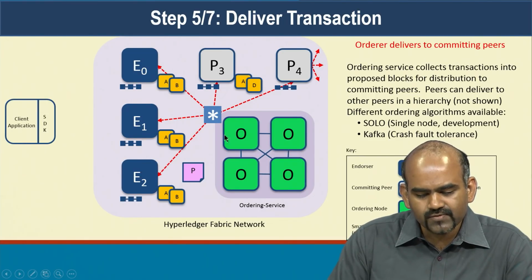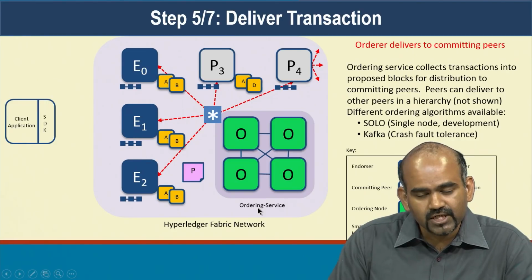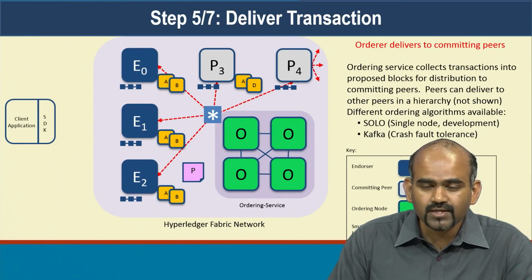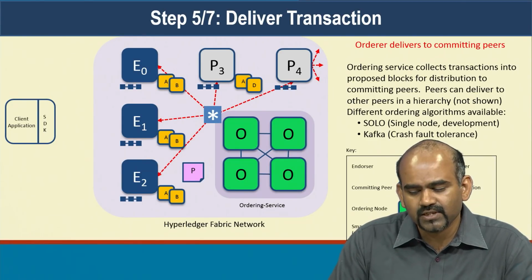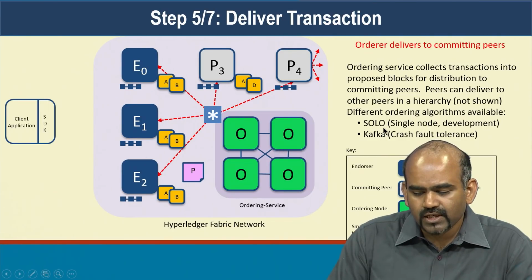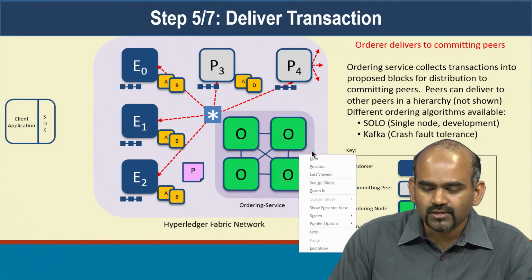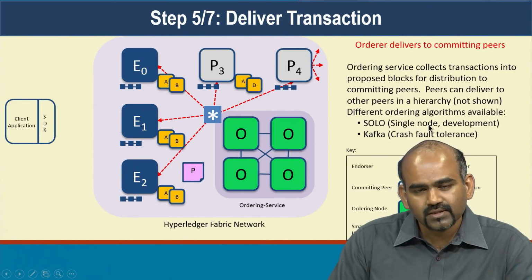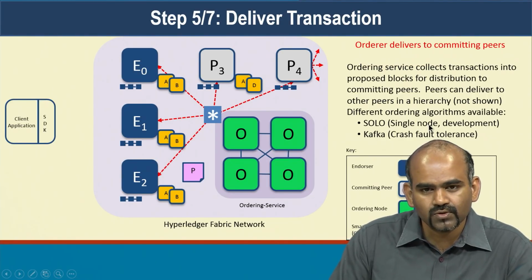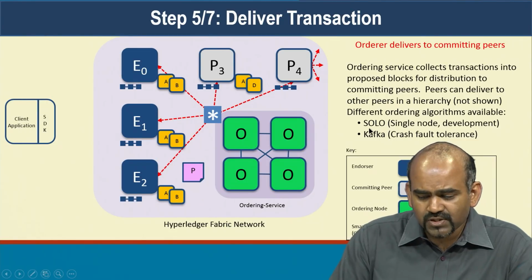Now, how does the ordering service form this ordered set of transactions? This is a pluggable component in Hyperledger Fabric. You can use any ordering service. There is a rich literature of over 30 years where various consensus algorithms have been designed for ordering and for consensus. There are a few that are implemented by Hyperledger Fabric today. One is just a solo orderer. Think of it as a dictator, a single node that is going to dictate what the order should be. Right now that single node implements a FIFO order, a first in first out order. Whatever the single node sees first, that transaction is going to be ordered first. So that is the solo orderer.